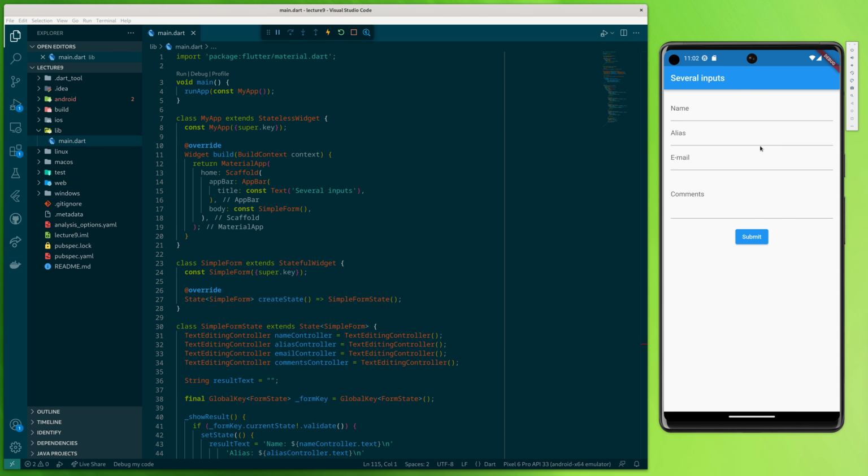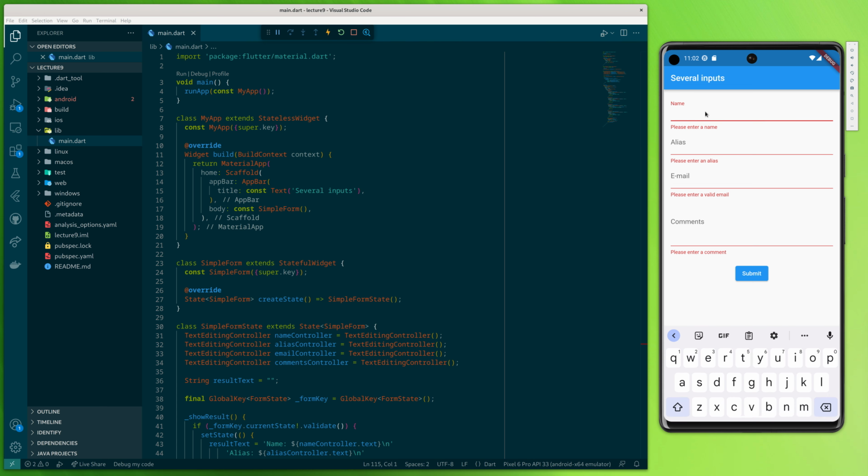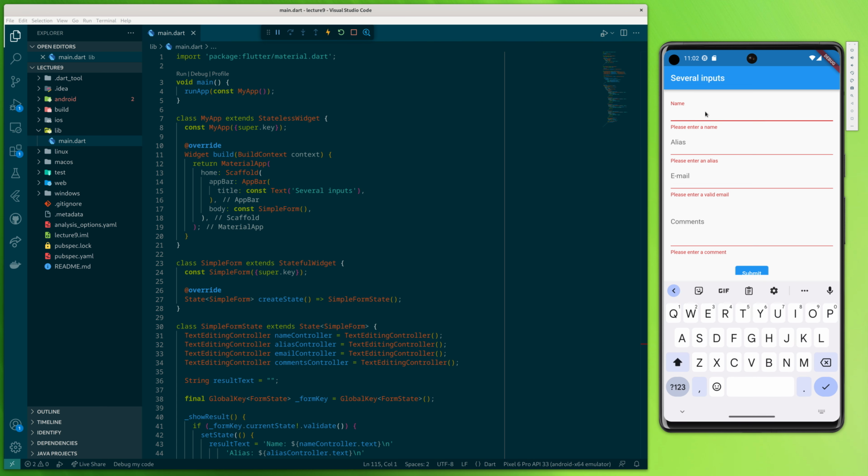And at a first look, it looks exactly the same as it did before. That's because it's mostly the same. But if we press the submit button, we'll see that we get all of these red messages saying that, well, you didn't enter anything. And then if we enter for a few of them,